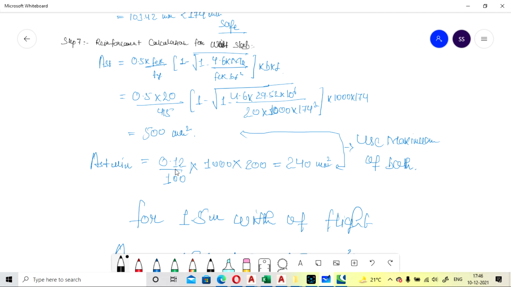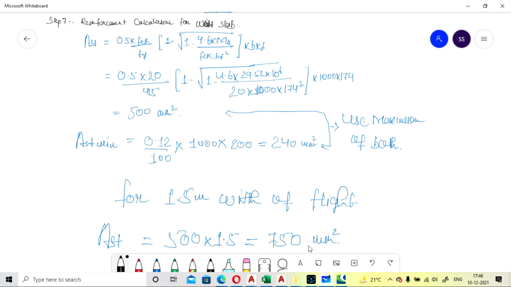If you are using the HYSD bar, we have to take 0.12%. So it will come as 0.12 divided by 100 into 1000 into 200, the total depth of the slab. So it will come as 240 mm square. This value is greater than this, so you can go with the greater value. If it is less than this, you have to go with the minimum value only.